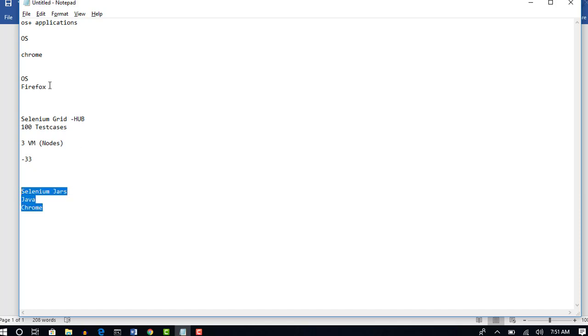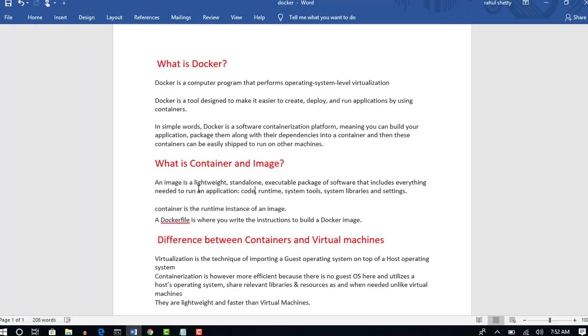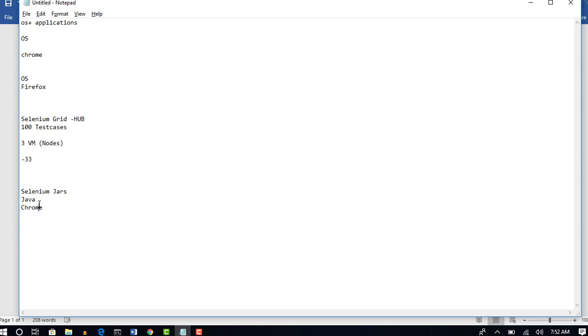As I said, when you create a container, it's a fresh OS without any software or any application, right? Now, when you schedule to run your test cases inside this container from your main operating system, it will fail, because it has to support Selenium jars, Java, and Chrome. So for that reason, we will create one image, one package of software that includes all the components we need to run in that container.